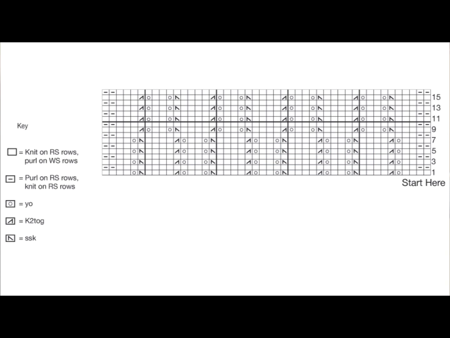Let's walk through a chart and practice reading it. There is a key that shows what symbols represent the stitches. You start reading from the bottom right corner and read each stitch from right to left. In this case, I would start my first row in the bottom right corner, and I'm going to read it